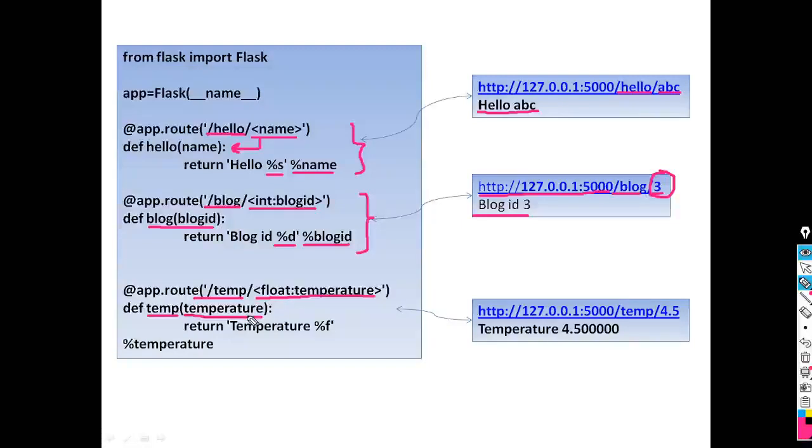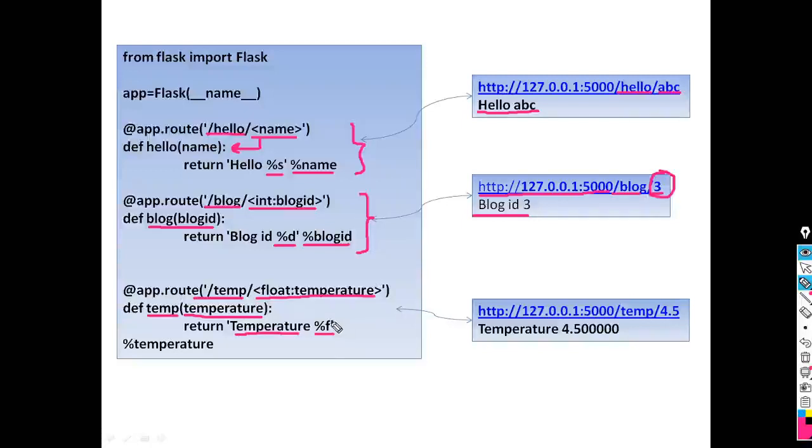Then within the return statement we have to return the value. So how can we return this one? Temperature, this is again text, constant text. And then we are invoking a float value here, so you should write %f. So %s is string, %d is integer, and %f is float.